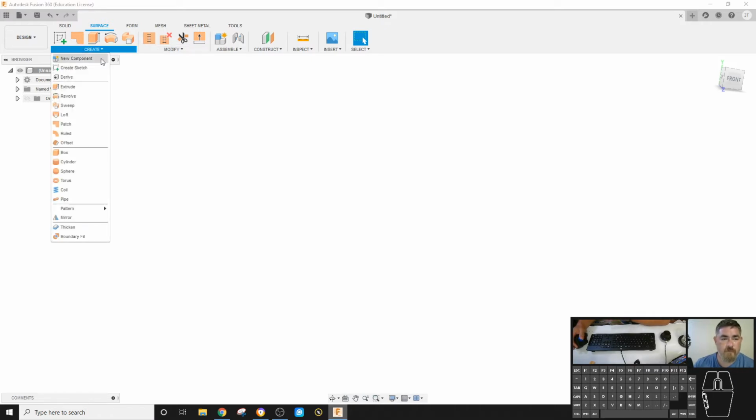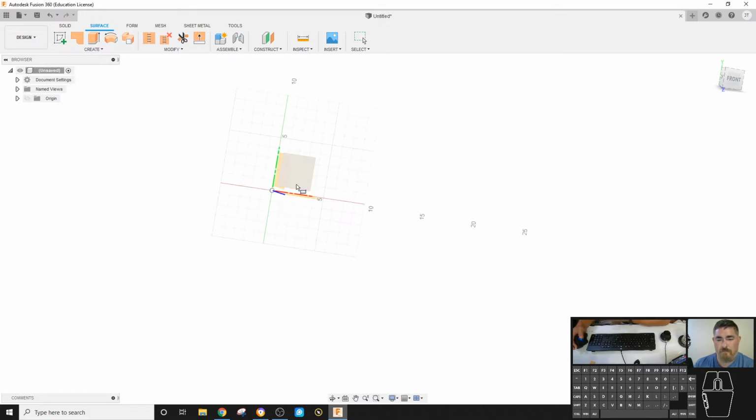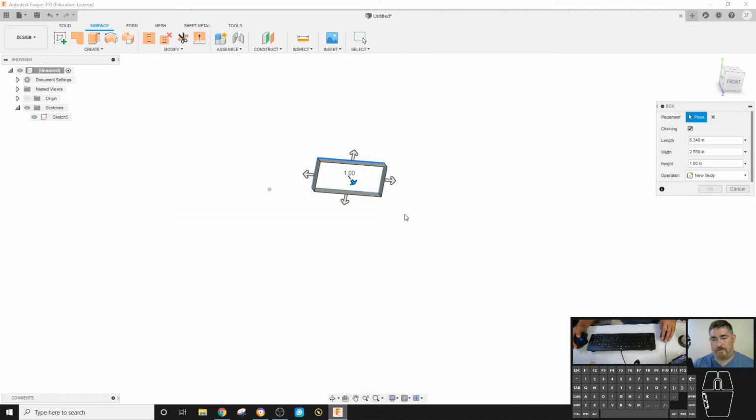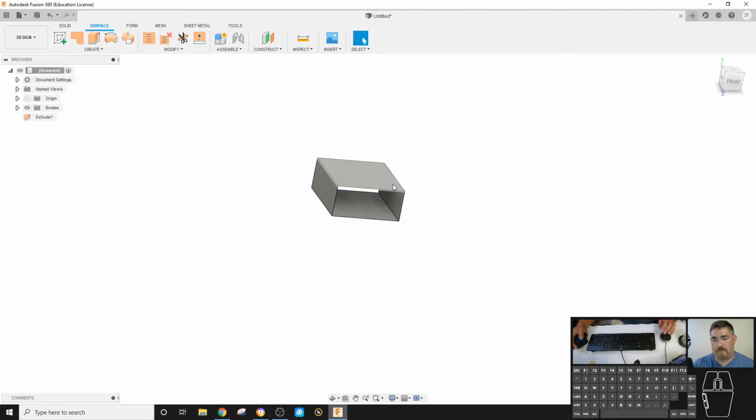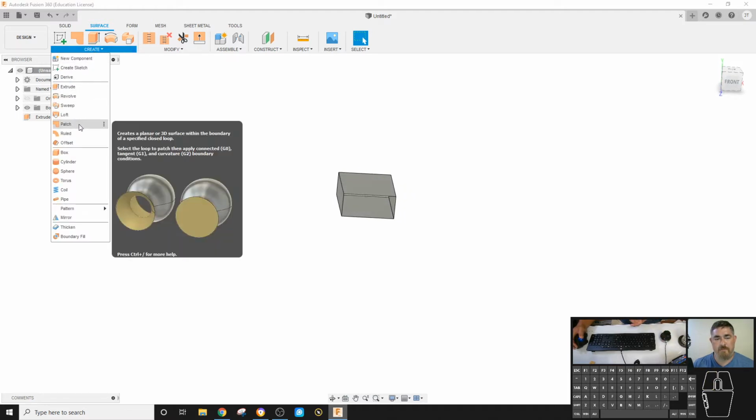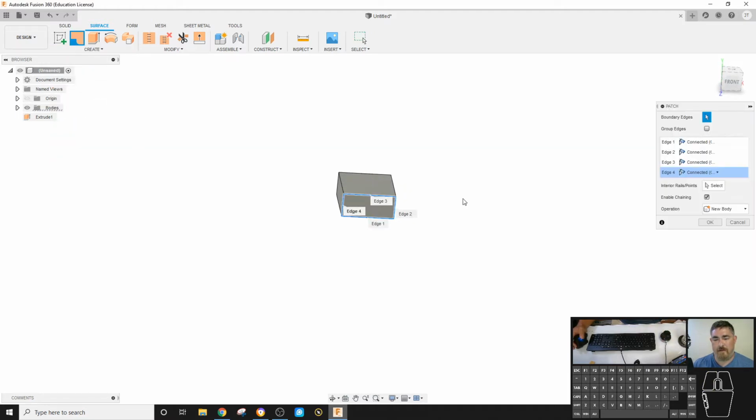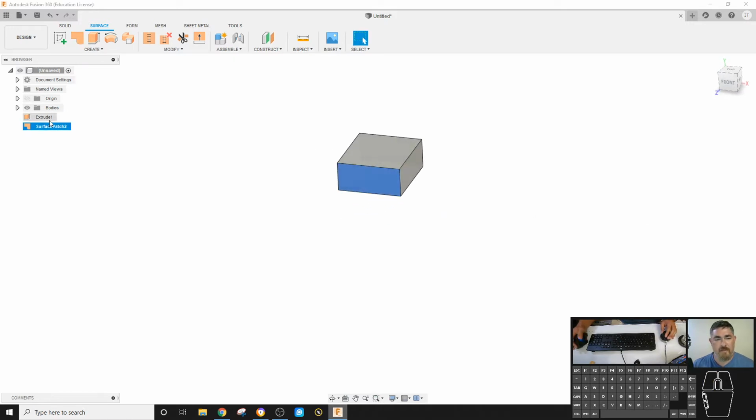So kind of the first things are there's the standard primitive type of shapes also. But you can see they're not capped at all, because they're just the side surfaces of the object. We can use this, we can do that and create a patch and add that in, and it will close off that face. But we can see that there's still different